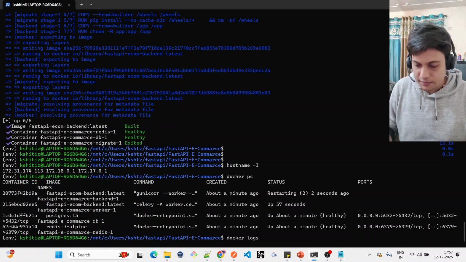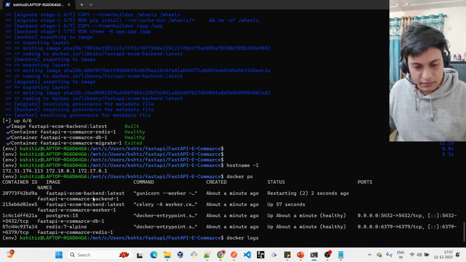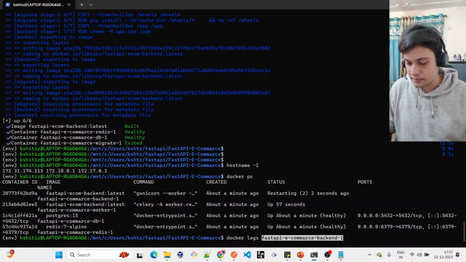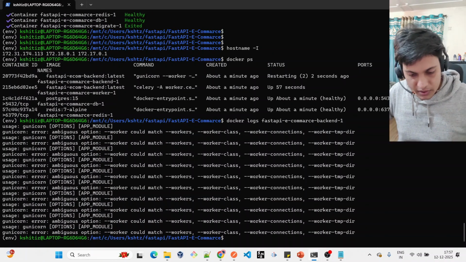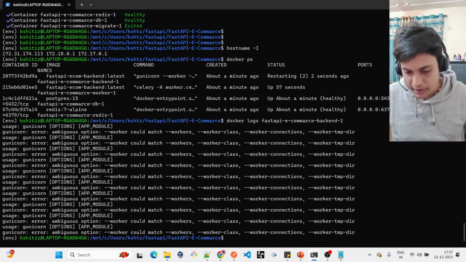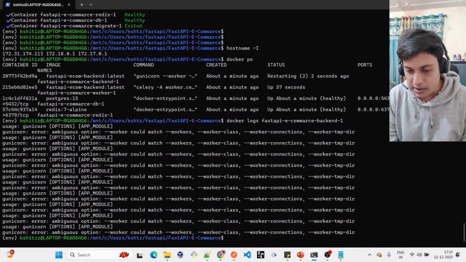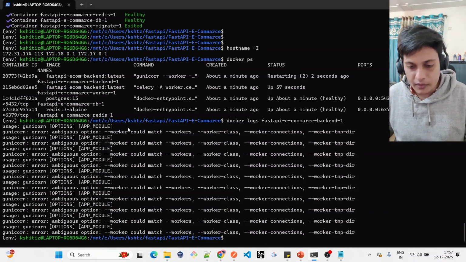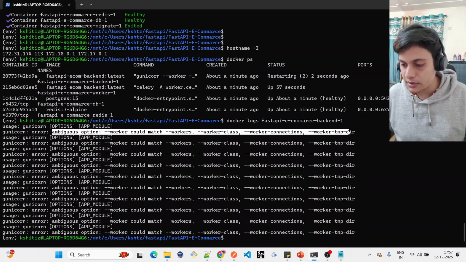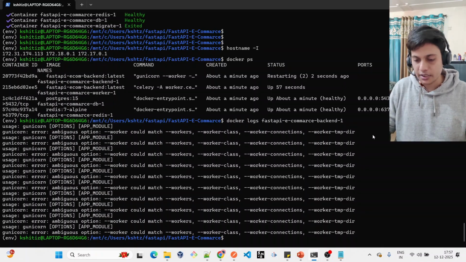Docker logs, fastapi e-commerce backend one. Okay, Gunicorn error. Ambiguous option: worker could match workers, worker-class. Okay, again one type of mistake. Then what is this? Ambiguous option, worker could match workers. Okay, what I used here is,